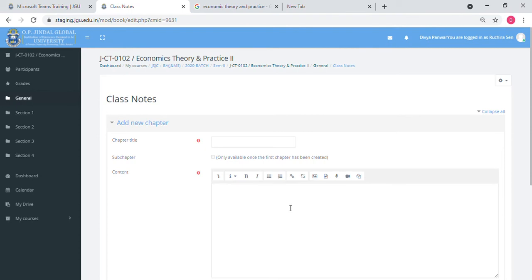So next, if you want to add a chapter in the book, you have to enter the fields here. Enter the chapter title. In the content here, you can add or paste the content from an external website.